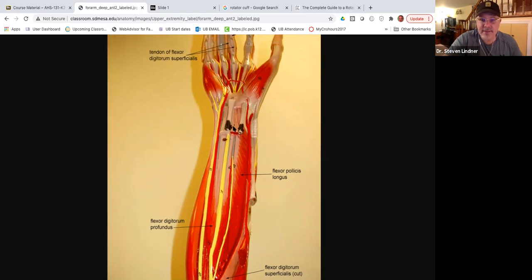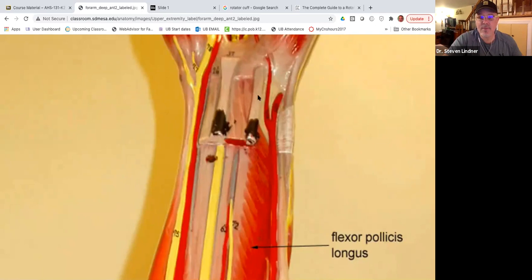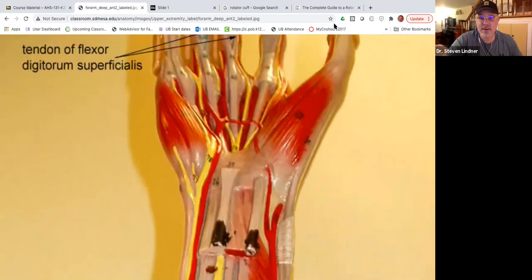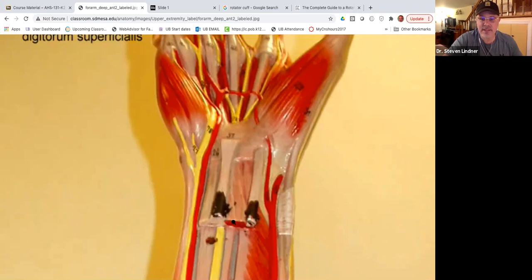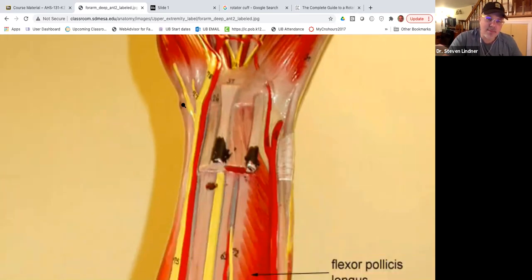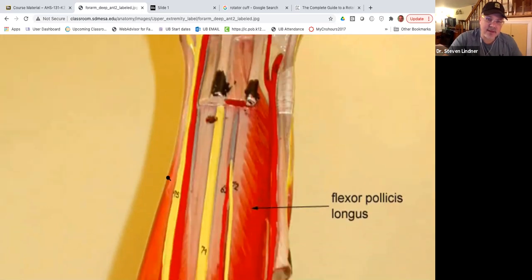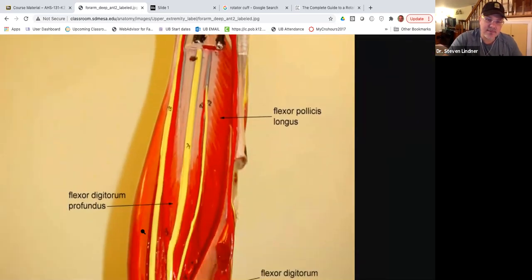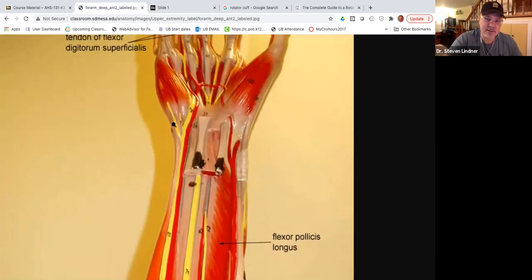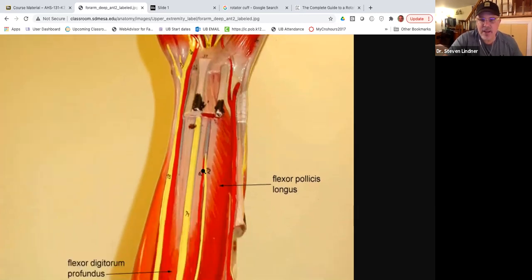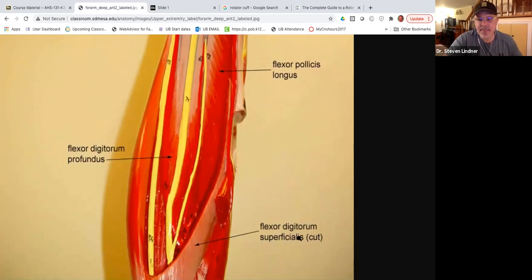Right here are the tendons from where they were cut. Right there's the flexor carpi radialis. Here's the Palmaris longus. You can see that it's cut. The flexor carpi ulnaris is still intact because it's more medial. You can see it here. There's the belly of it. It's still intact. It inserts at the pisiform. But the flexor carpi radialis and the Palmaris longus muscles are cut, so we can see, here's the flexor digitorum